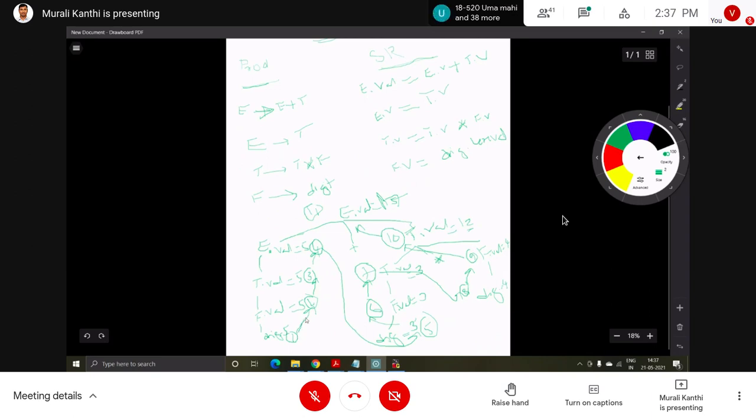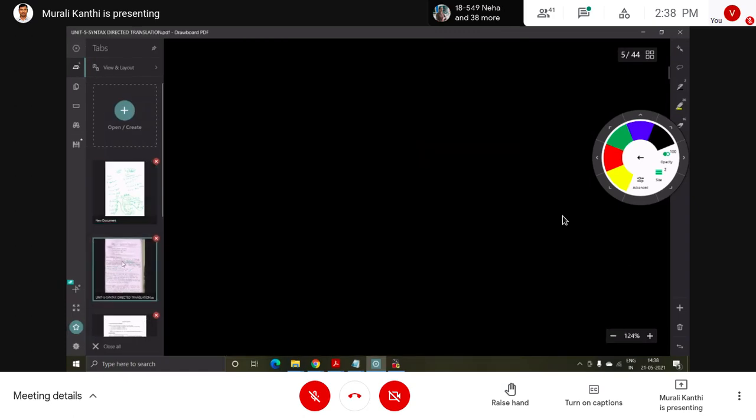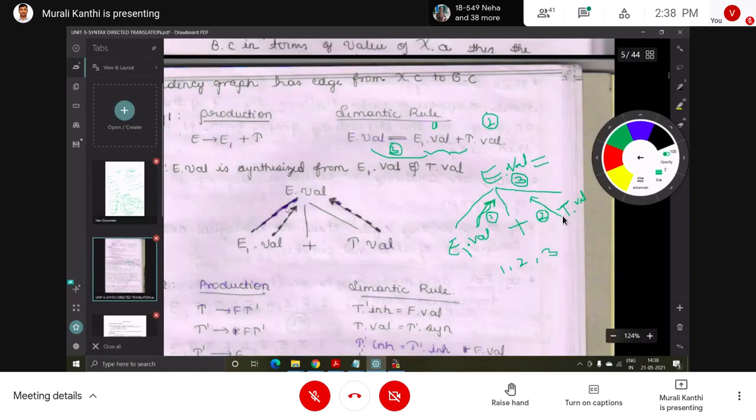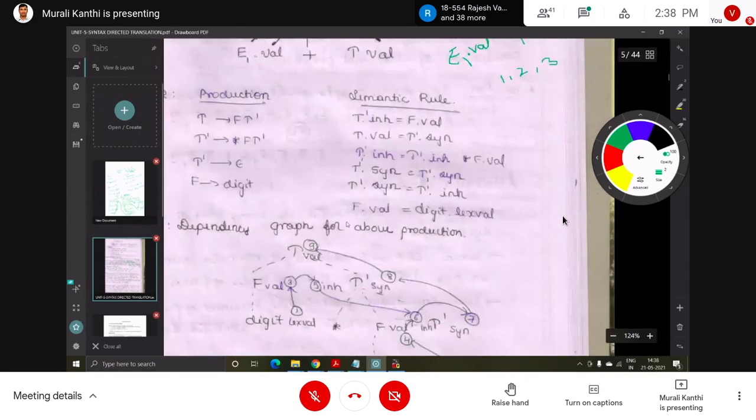These arrows represent the graph. So like that. Okay, so this is one example. Like this we have many examples. Okay, next, here a simple example is taken. So the next one is somewhat complex.